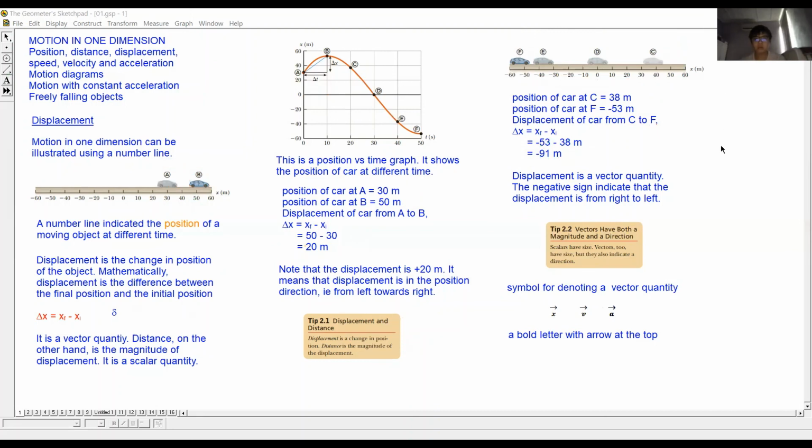So far, any question? No. So I summarize. What you have learned so far is displacement. Displacement is a vector quantity. It has positive direction and it also has negative direction. So it's either a positive length or a negative length. The next thing you need